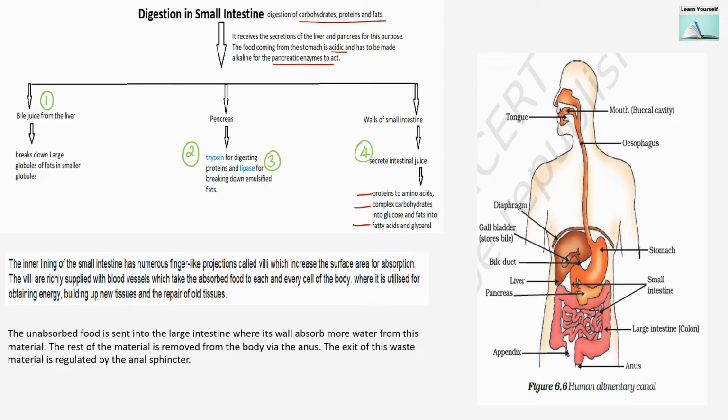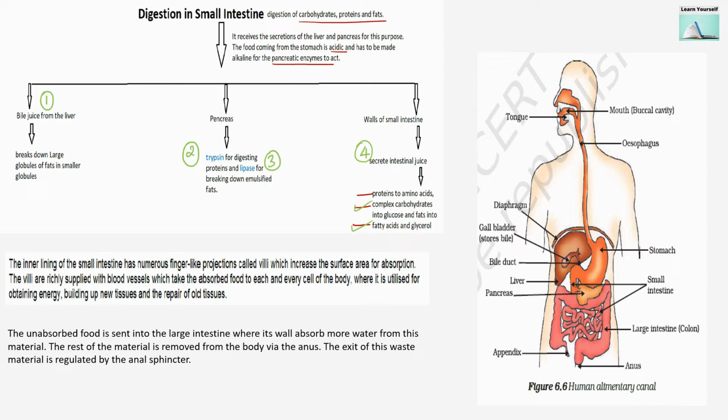And it will carry out a series of processes like breakdown of large globules of fat, then digesting protein, then breaking down emulsified fat, conversion of protein into amino acids, complex carbohydrates into glucose, and fat into fatty acids and glycerol. So once you remember all these things via this chart, it will be very easy for you